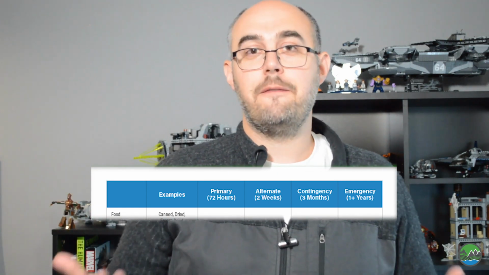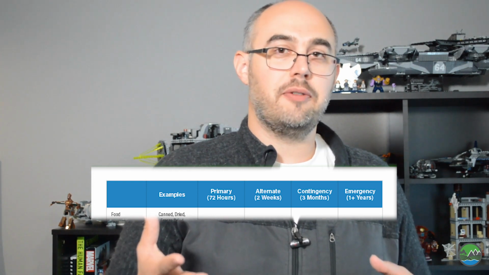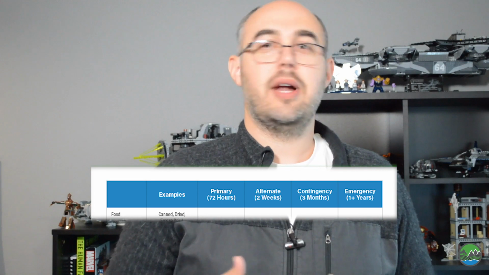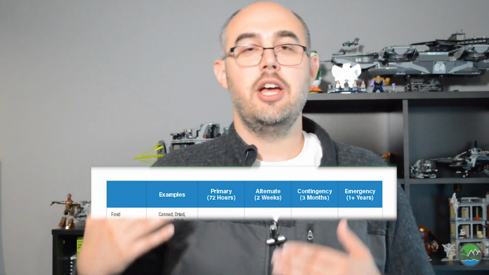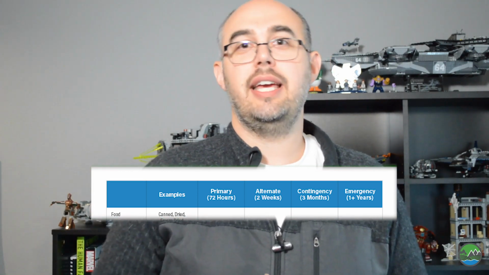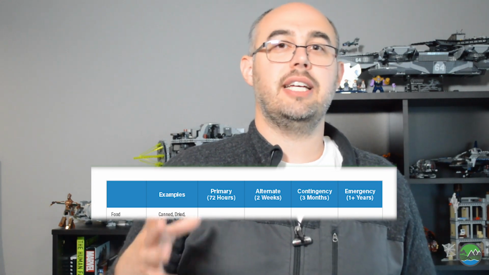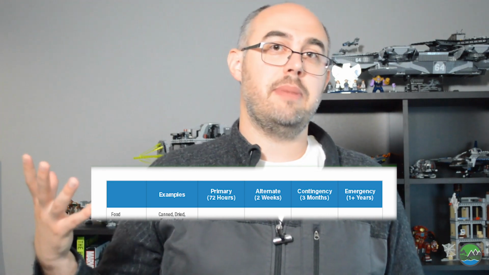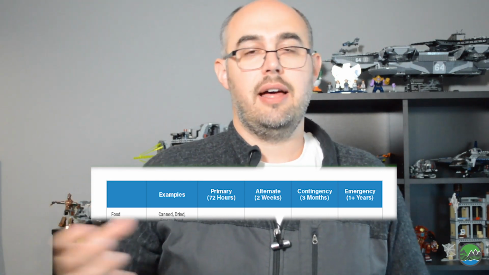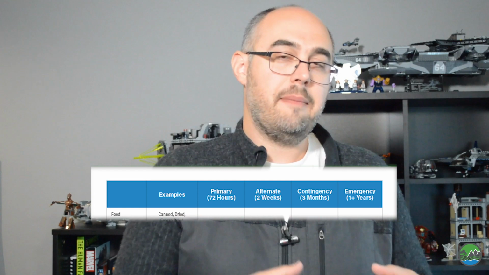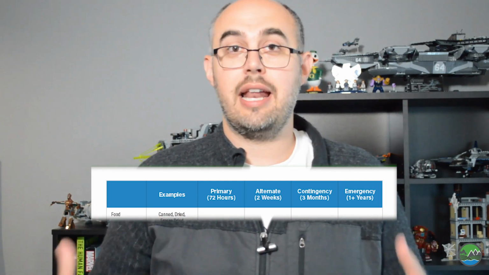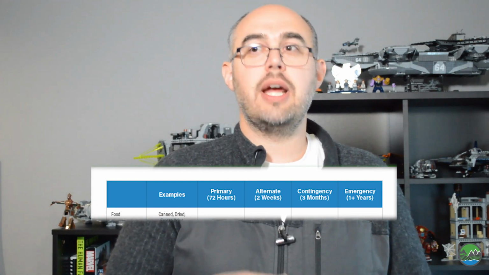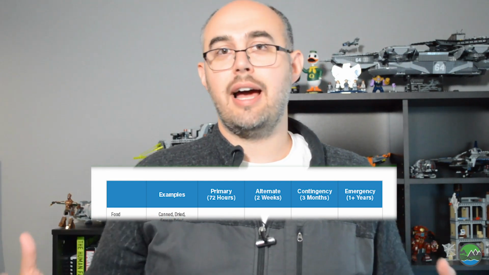So if you were thinking about food, your fresh food in your refrigerator might be your primary. Your alternate food may be whatever's in the freezer that's got to thaw out. Your contingency is maybe your canned goods, and then your emergency is maybe freeze-dried or kind of dry rice and beans that you would be reheating. The idea there is you have kind of time frames associated with whatever the item is, your familiarity with the item, and then also the duration of the emergency as to how long that item is going to need to